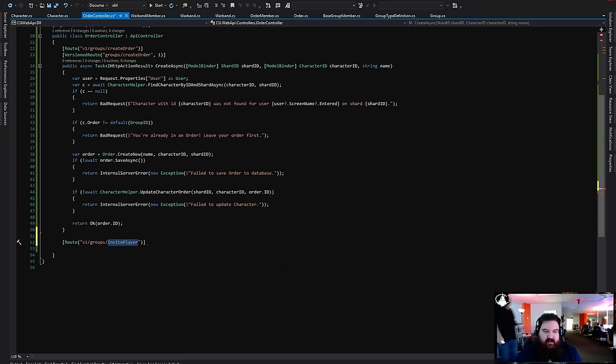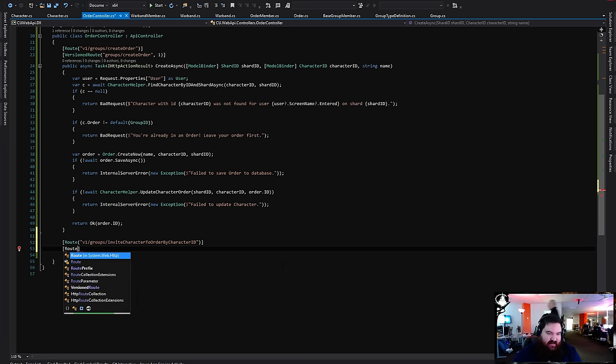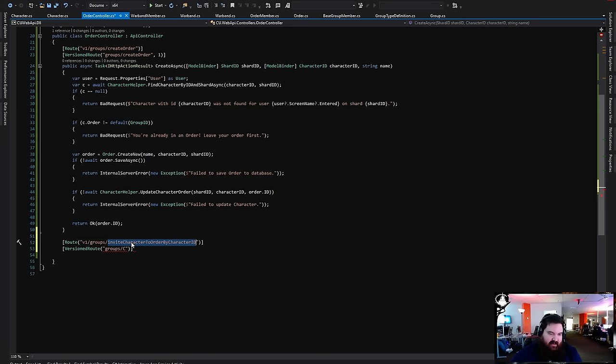So invite character to order by character ID. So long, because I did a by name as well. That's why I think I might just want to change this stuff from /groups to just be like /orders, and then invite by character ID. That'd be a lot shorter, I think, obviously. So instead of groups, long, super long thing.